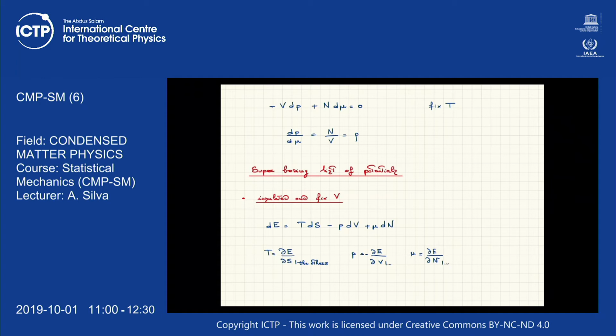So you're thinking of choosing as independent variables three variables, in this case the entropy, volume, and number of particles, all extensive variables as we have seen before. Now, why is it useful to introduce the internal energy? Because